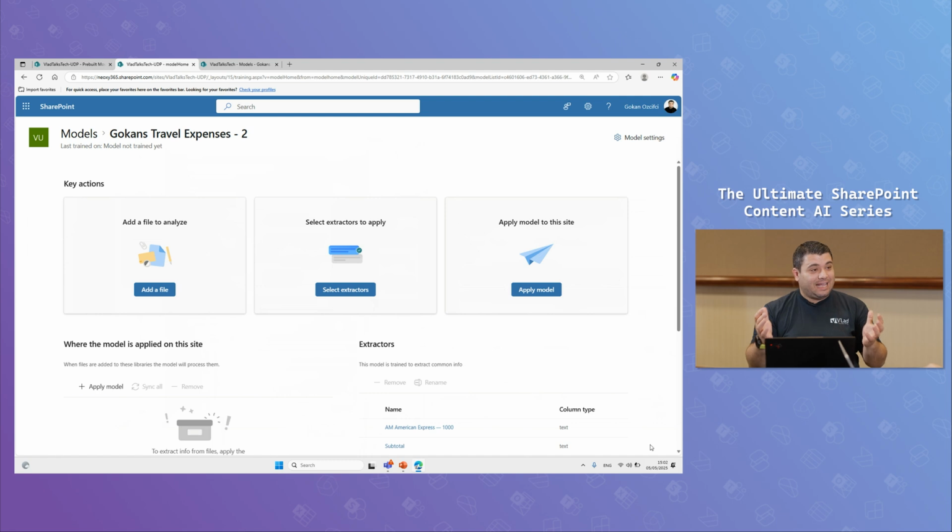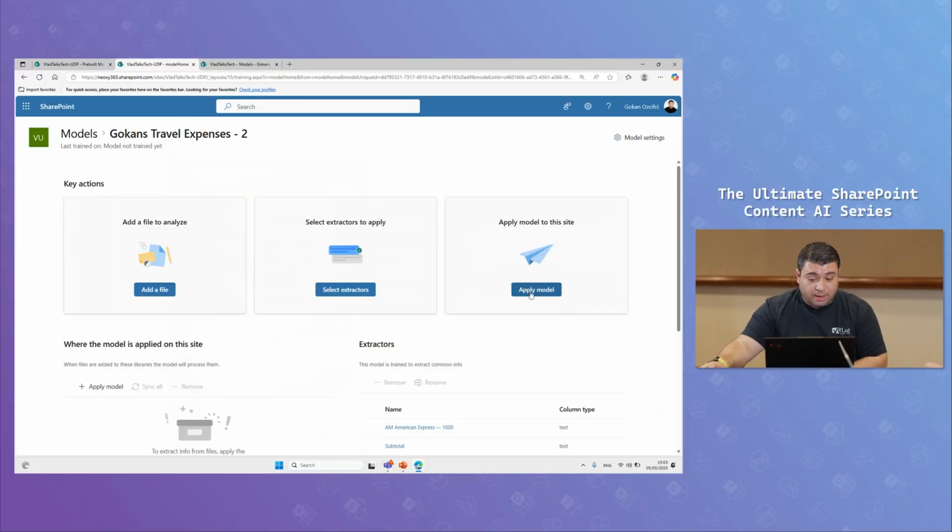How easy can it be? Anyone who has ever used SharePoint can build an AI model which is pre-built. Okay, as you said, it has its limitations. You cannot add your own extractor, your own columns. But did you see how much he found? Just for you, like 10 columns. And I'm pretty sure you